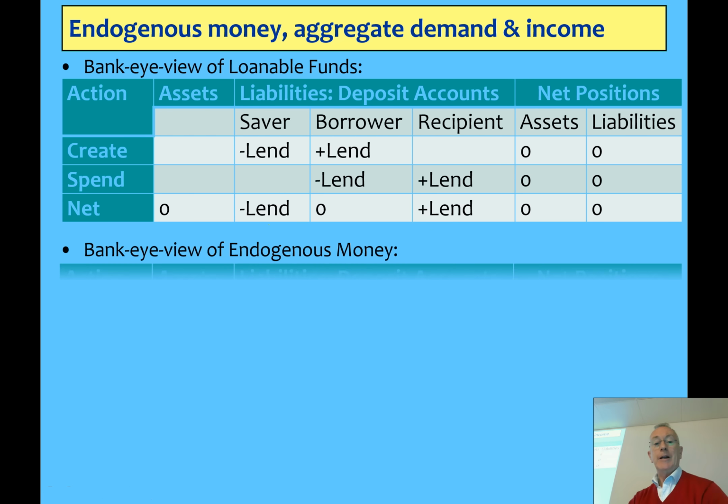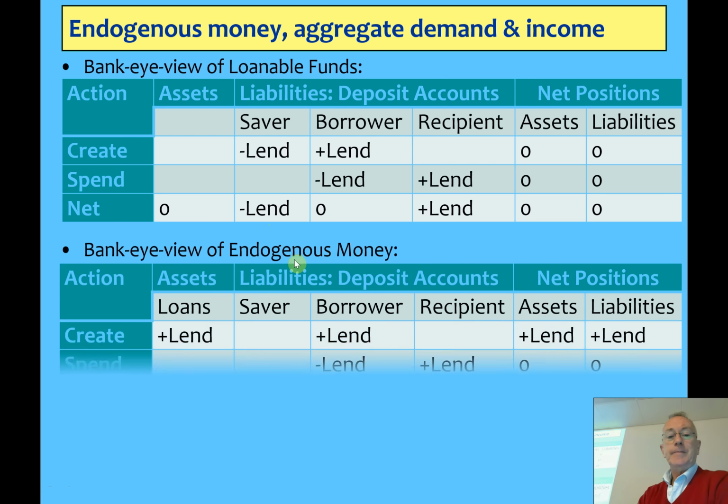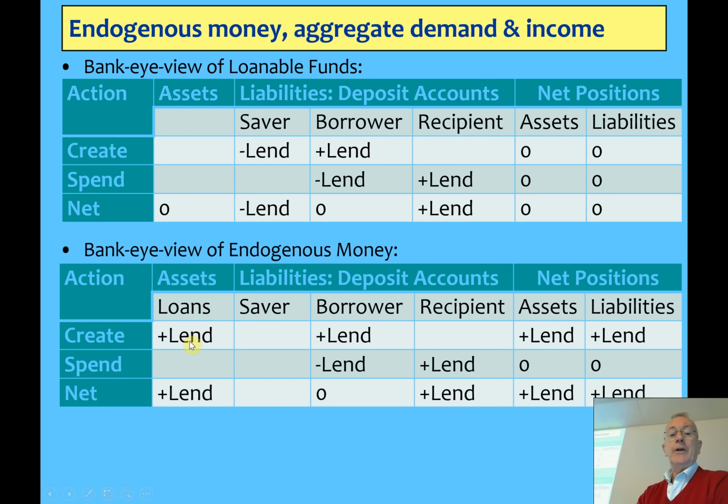For endogenous money, the bank creates a loan. It's actually not lending. We should actually get a different word for it, because a bank doesn't lend. Lending implies giving something you've already got. No, it creates. Okay, so it's creating the money there. That means that turns up as money in the borrower's account, so both the assets and the liabilities of the bank have risen equally.